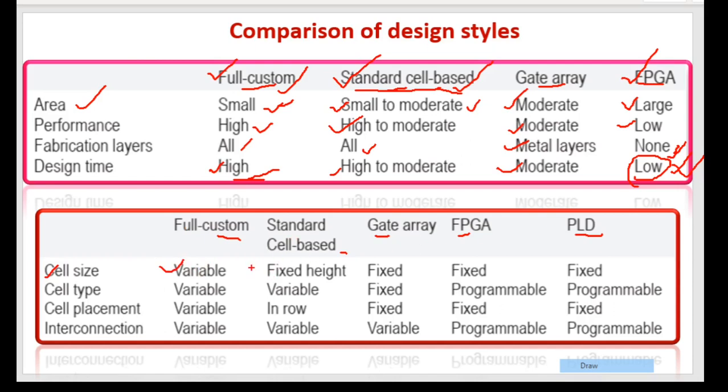In standard cell based design, since we are using a library here, we cannot change the size of one cell. Now you got the idea of one cell. One cell is a component that will be used for building the bigger circuit. In gate array, remember, it uses uncommitted transistors, and you cannot change the size of those uncommitted transistors, right? In FPGA also the hardware is already present, so it's fixed.